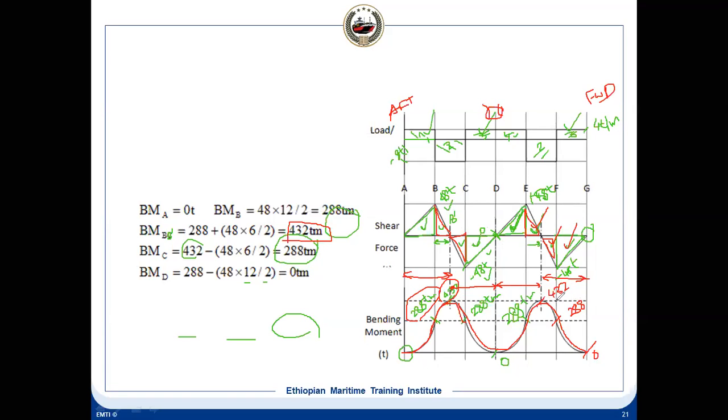Yeah, Tesfan, Teka, tell me. Sir, when we draw the shear diagram and the bending moment diagram, let's say if someone starts from the aft side or if someone starts from the forward side to plot it, is it possible to start from both directions, or should it be drawn only from one direction? No. But when you are drawing, you'll have to move from one side. But if you want to move from forward or move from aft, it is same. There is no problem. You will get the same values.